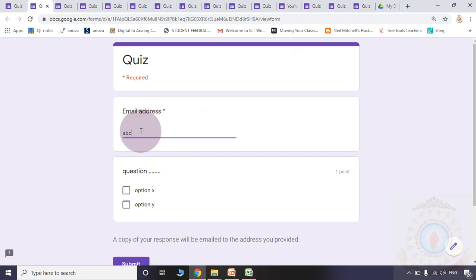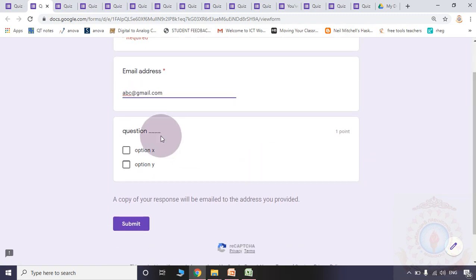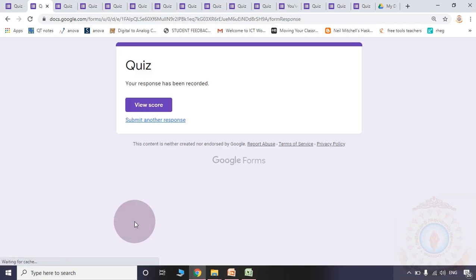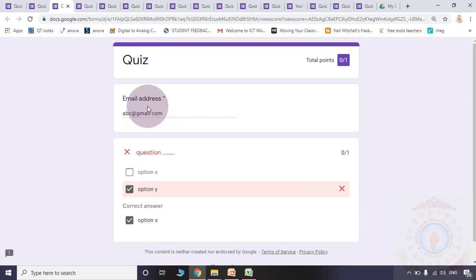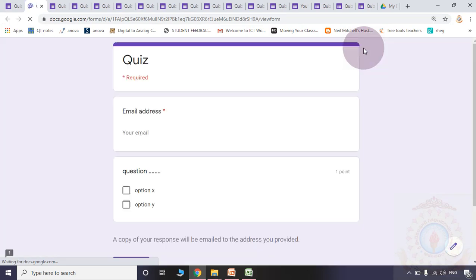Email address is compulsory, you are supposed to select it from the student. The question is there. I am choosing the option X. Let us see what will happen if I select the option Y. Please observe, in the checkboxes even more than one option the student may select. Let us see only if they select option Y. Their score is 0 because already we have given in the question paper 1 point for option X, and for option Y 0 points. Now let us see the preview one more time.